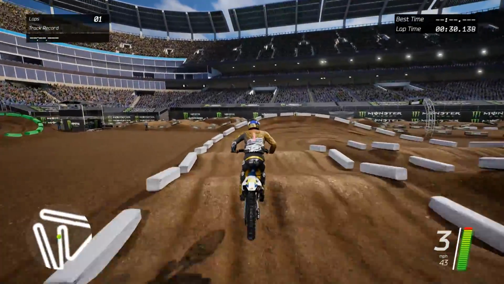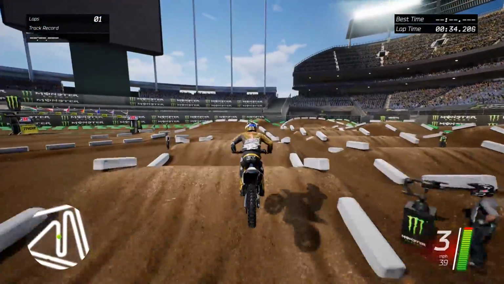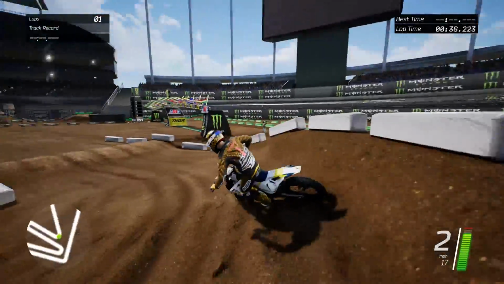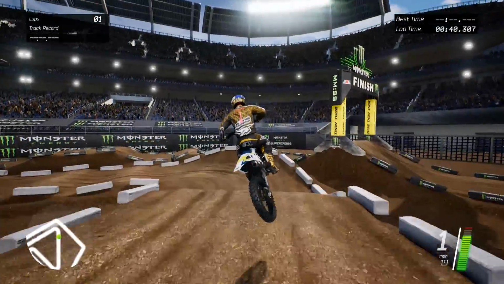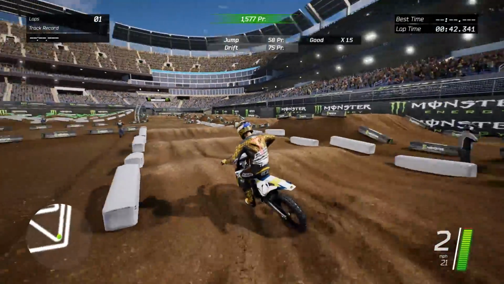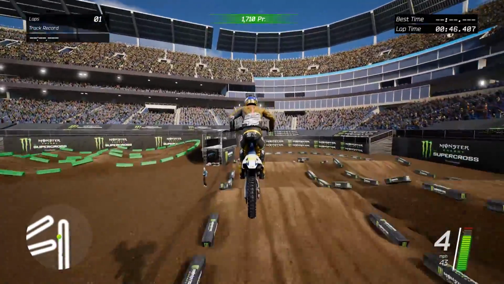Couple things that are obviously things I couldn't replicate. No sand in Monster Energy Supercross, the official video game 1. So there's no sand after this quote-unquote wall jump, which is basically just a backwards tabletop that I built. So there's just a couple rollers. I think that's pretty much it. Oh, there's also no